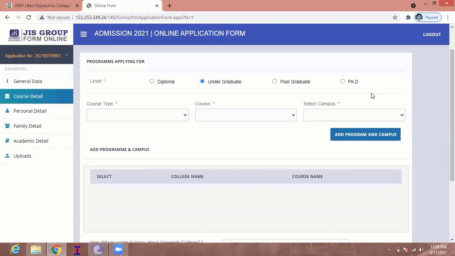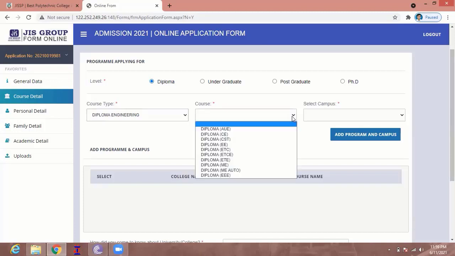For getting admission in JIS School of Polytechnic, you have to click on Diploma. You can choose your course type, Diploma Engineering. JIS School of Polytechnic has five streams or disciplines, namely civil, mechanical, electrical, electronics and telecommunication, and computer science and technology.